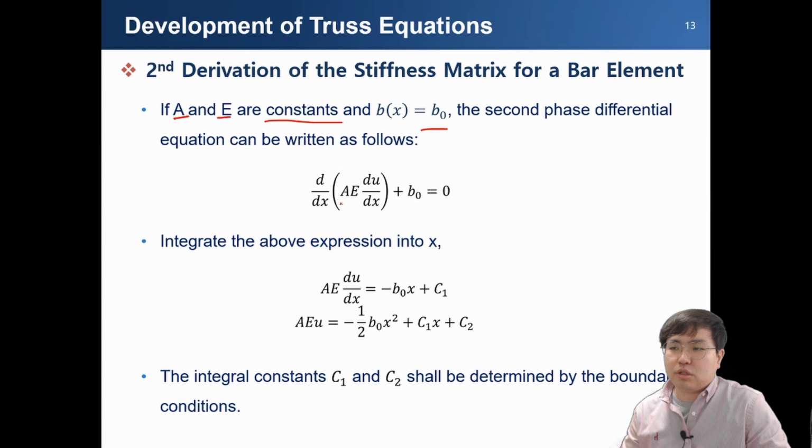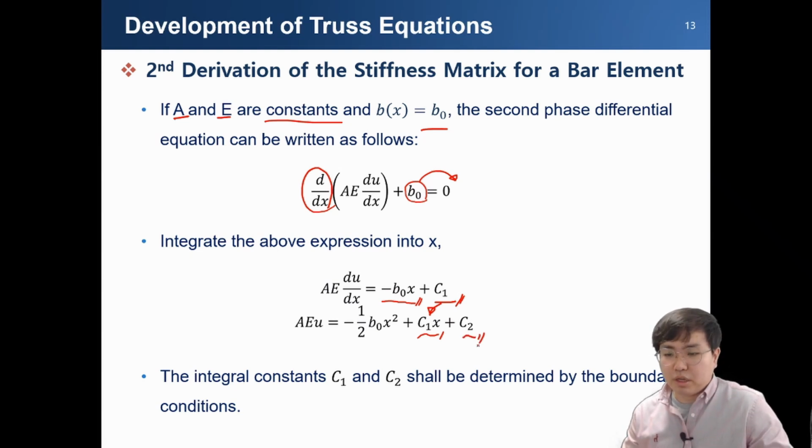And then after changing the Young's modulus, the body forces look like this, and then you can integrate by simply moving this to the right-hand side and integrating this part. This constant becomes a function of x, and then we need a first integration constant. We have one more integration with respect to x, so that this part becomes a quadratic form, and this integration constant becomes a function of x, and then we obtain one more integration constant,